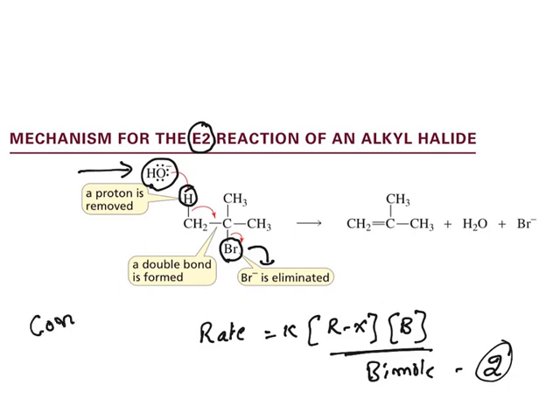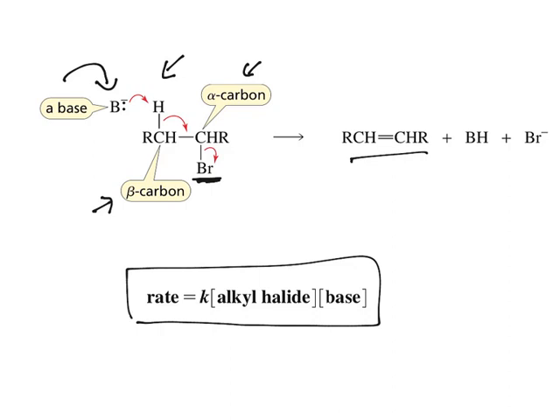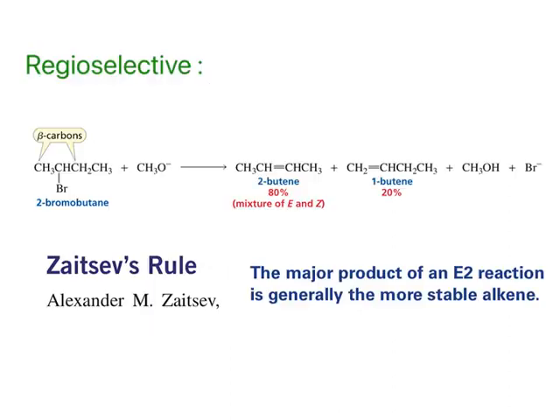These kind of reactions are known as concerted reactions. Simultaneously happens and it results in formation of a double bond. If you see in more detail, see, the halide attached carbon is known as alpha carbon, the adjacent carbon is beta carbon. On beta carbon, a proton is there which is abstracted by base and this leaving group goes away. So both of them happen at the same time. It forms a double bond, an alkene. So the rate is proportional to alkyl halide as well as base. Hence it is known as E2, elimination bimolecular.